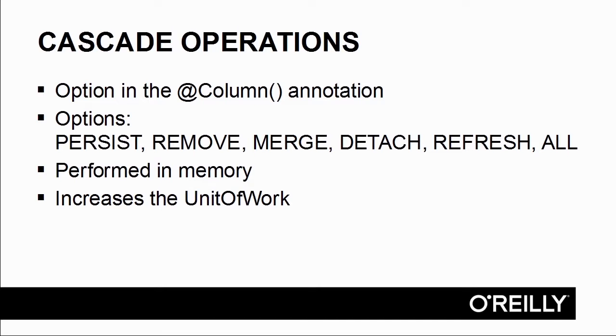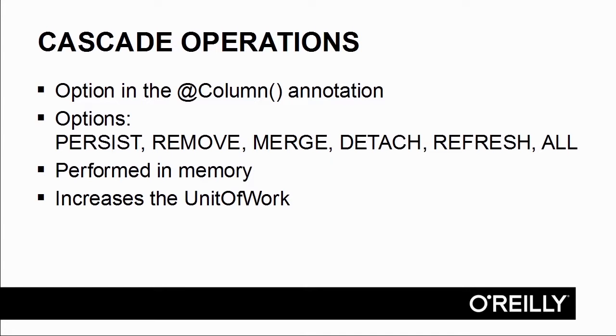These are options which are added to the column annotation. The options include cascade equals persist, remove, merge, detach, refresh, and all. What happens in this case is that Doctrine establishes constraints on relationships between tables so that if a parent entity is removed, you can set up cascade equals remove so that the child entities are removed